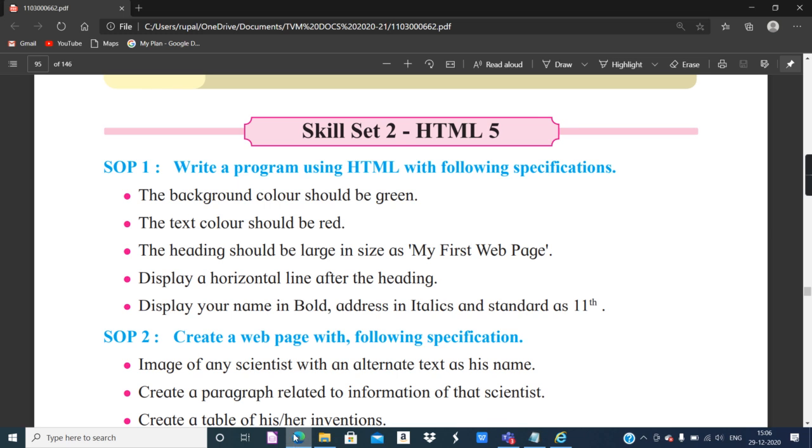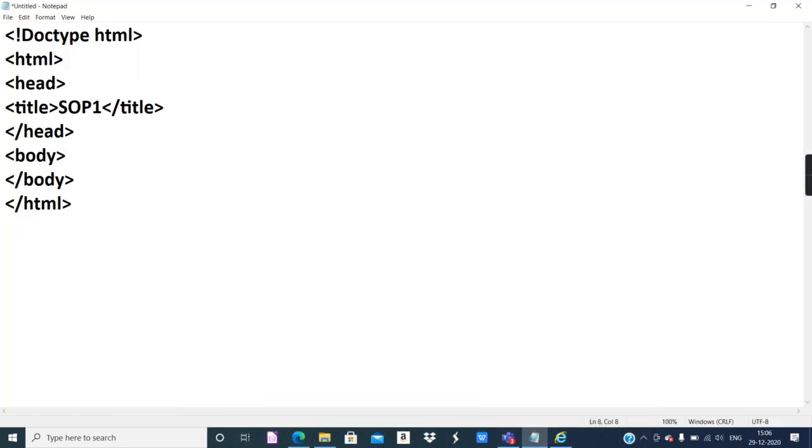Now we are going to start with the question. The question says the background color should be green and the text color should be red. Once you have typed the basic structure, type a single tag.